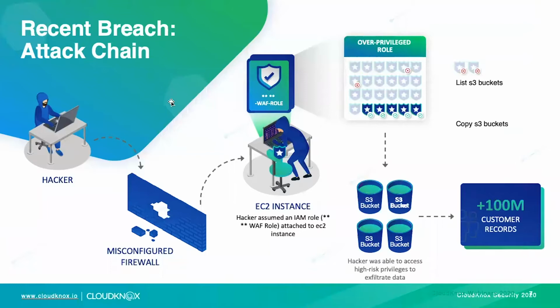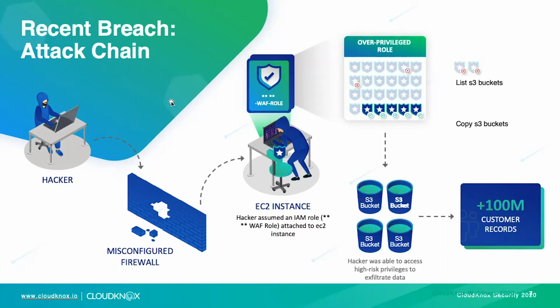If we break down one of these very prominent breaches, this was for a very large financial services organization. The breach originated from a breach of the web application firewall with a server-side request forgery. But what's really interesting is, as we've seen a maturity in these different types of cloud breaches, it goes beyond the perimeter. As the attacker gained access to the cloud infrastructure environment, it leveraged over-permissioned access to move laterally, perform privilege escalation, and ultimately